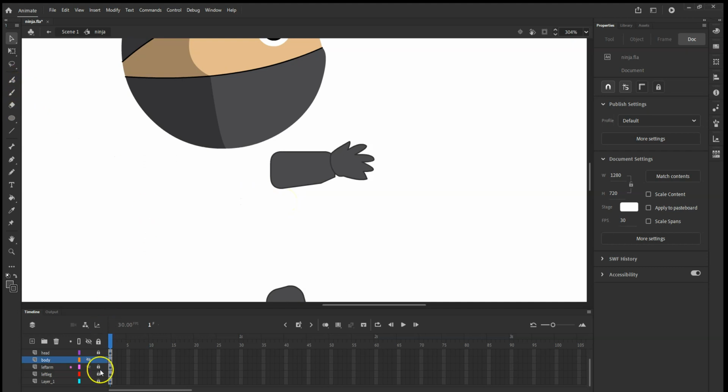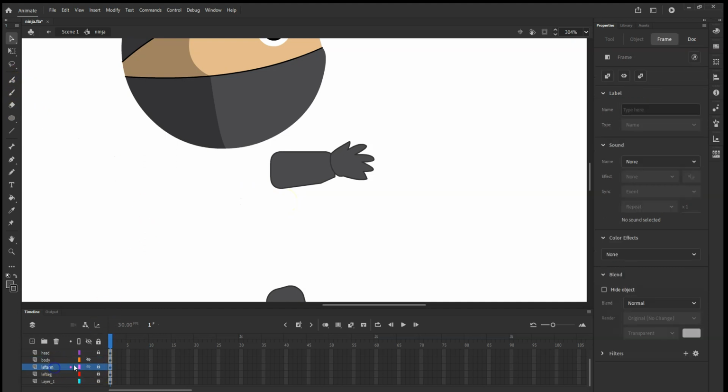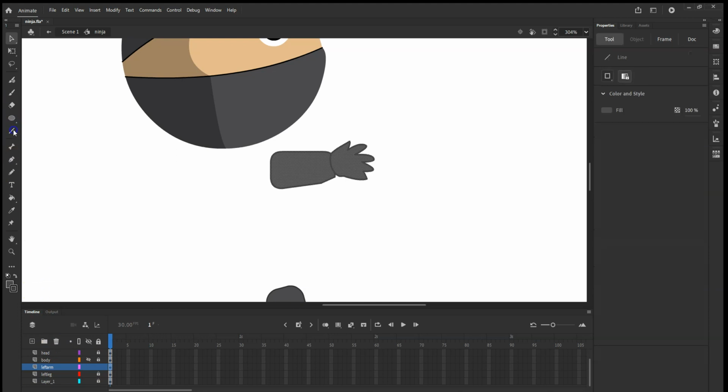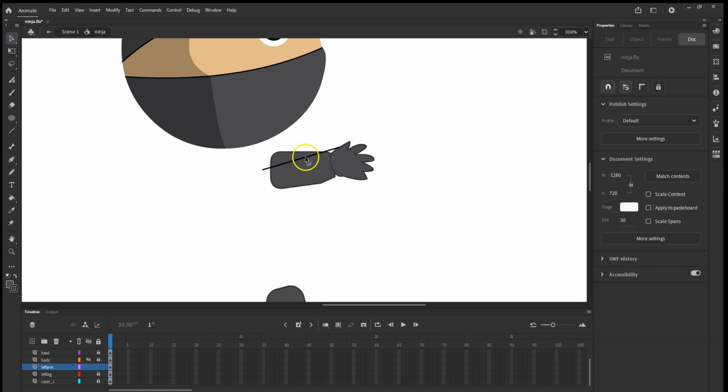And I'm going to do the same thing. So let's go to our, this is our left arm. We want to unlock that. And you can see that that is now selected. Let's go ahead and lock the body because we don't want to accidentally grab that layer even though it's invisible. Grab our pencil tool or our line tool here. Go ahead and trace this through. And then using our selection tool, we're going to bend that so it looks a lot